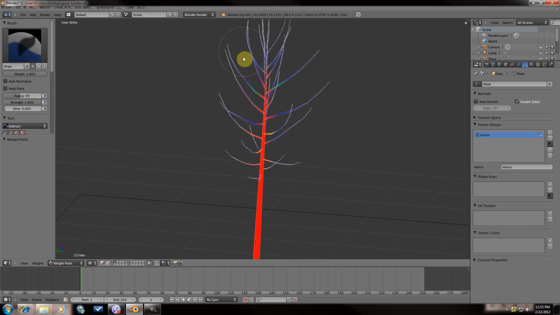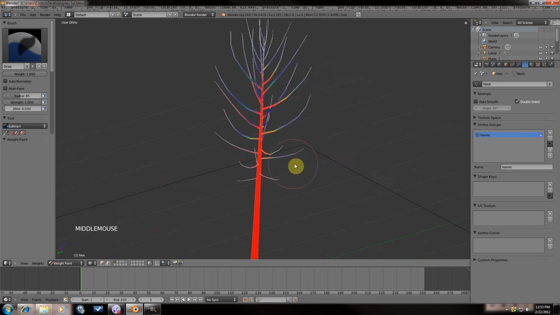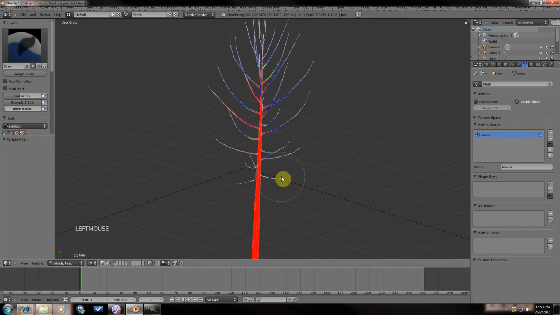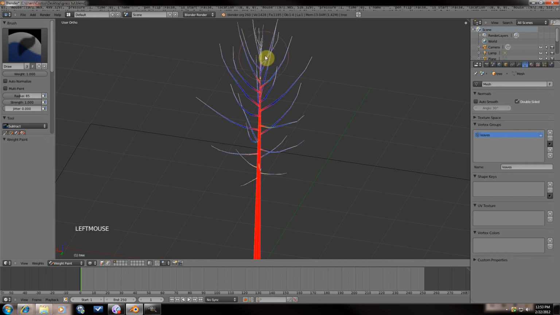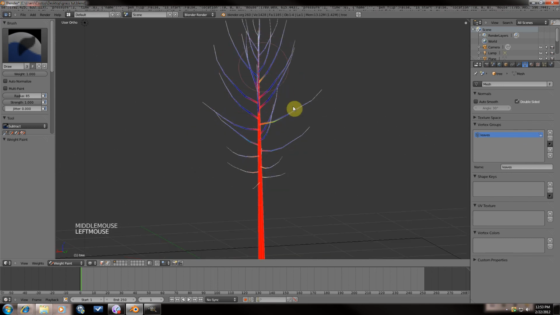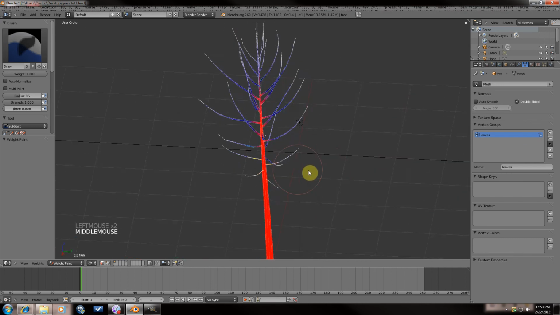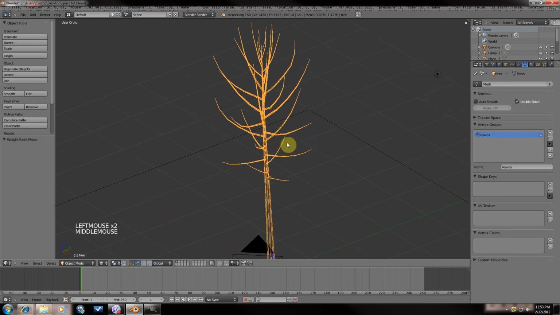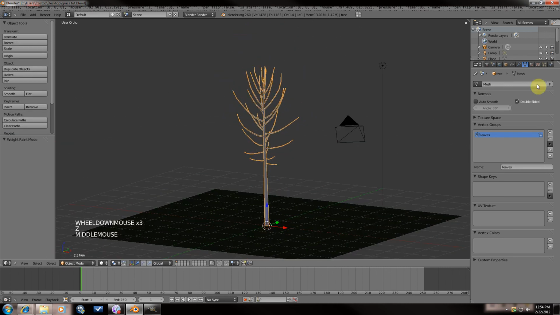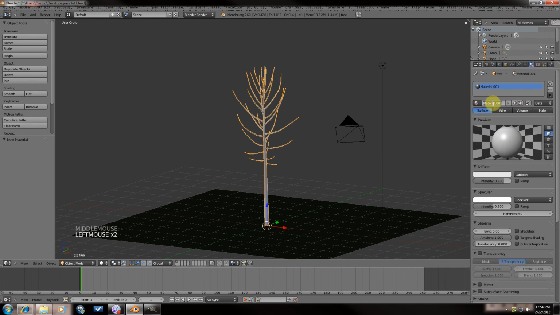And we're almost there, and I'm running out of time. So I'm going to get crazy for this example, and we're going to do a leaf tree. How about that? I know you love it. Okay, so there. Now that's good enough. Okay, so we go back into object mode, and then I'm going to create a